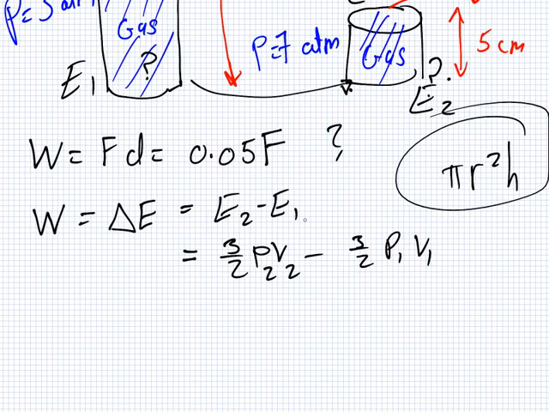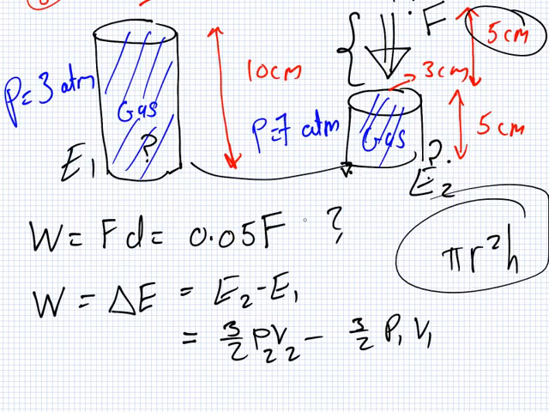And the radius is 3. Right, so here we get for the first part 3009 joules minus, and then for the second part